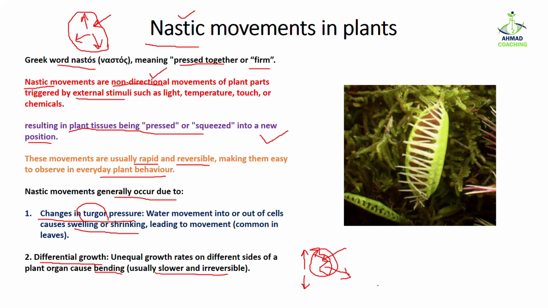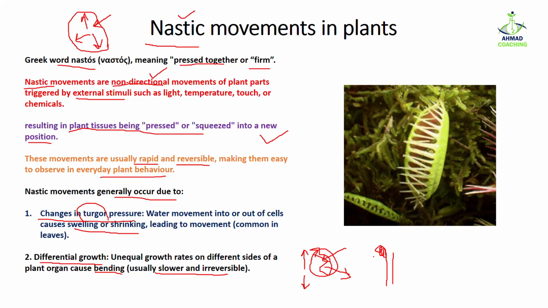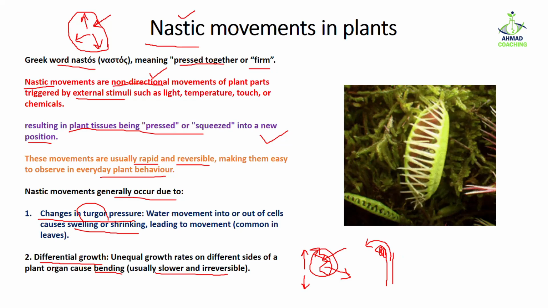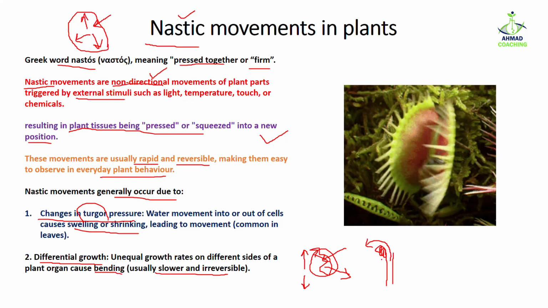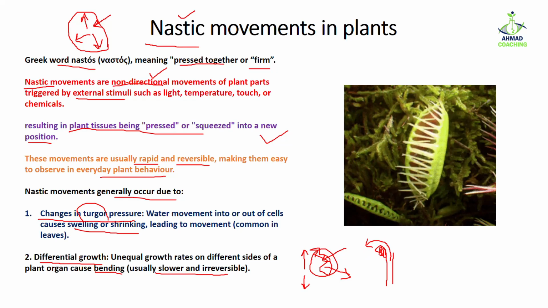For example, if we have a green stem, and then due to some reason the cell growth started to occur here, but there is no cell growth at this side, it means that because of the cell mass here, the stem is going to bend to this side. So this is also a Nastic movement which happens because of differential growth, or unequal growth rate, or unequal number of cells on both sides of the stem. Usually this is irreversible because it cannot go back, and it is also a slow response because